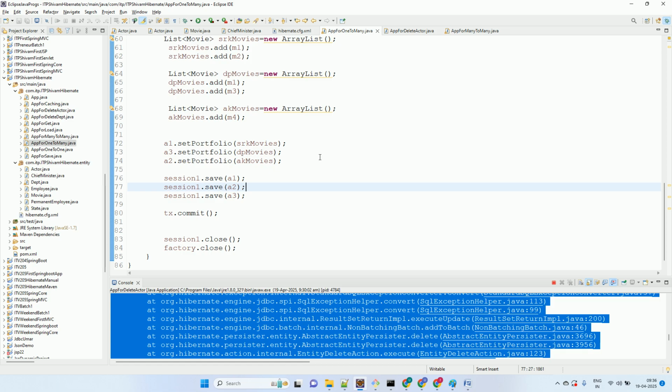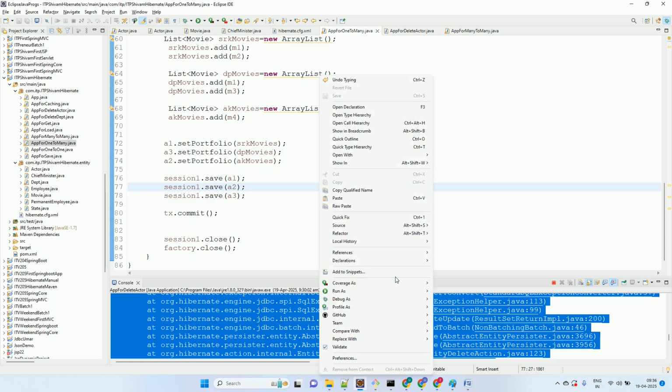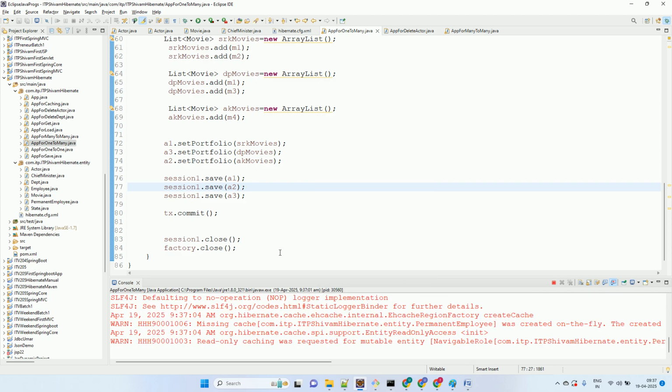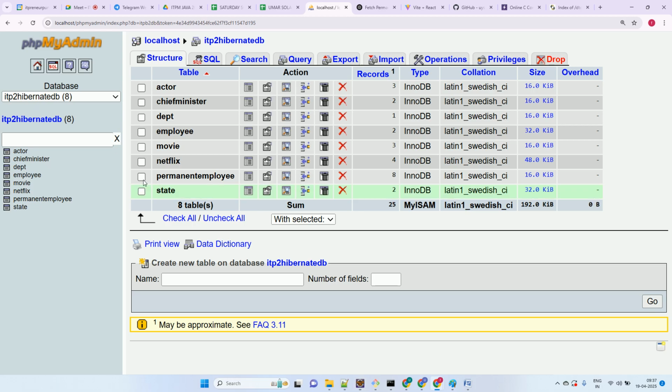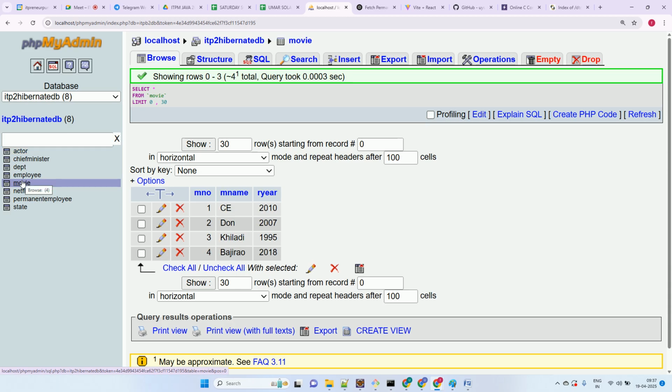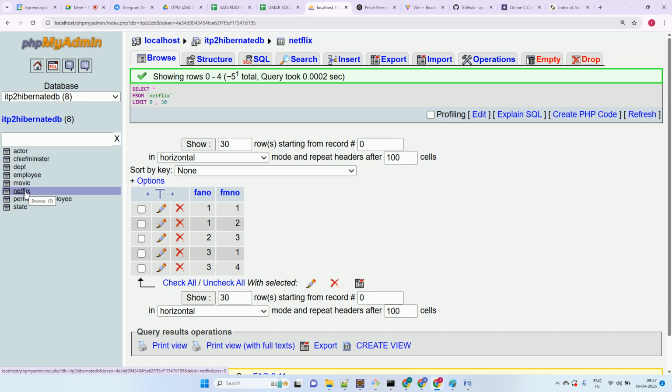ऐप फॉर 1 to 9, राइट क्लिक करते हैं, रन एज जावा एप्लीकेशन। ओके, टेबल क्रिएटेड, एक्टर, मूवी एंड नेटफ्लिक्स में भी आ गया। अक्षय कुमार अभी किसी से कॉन्फ्लिक्ट कर रहा है क्या? उसका एक ही है, 2 का एक ही है, 3, बाकी 3 में और कोई नहीं है, राइट। 1 में 2 लोग हैं और 2 में भी है। तो एक्टर नंबर 2 जो है उसका किसी को डिपेंडेंसी नहीं।